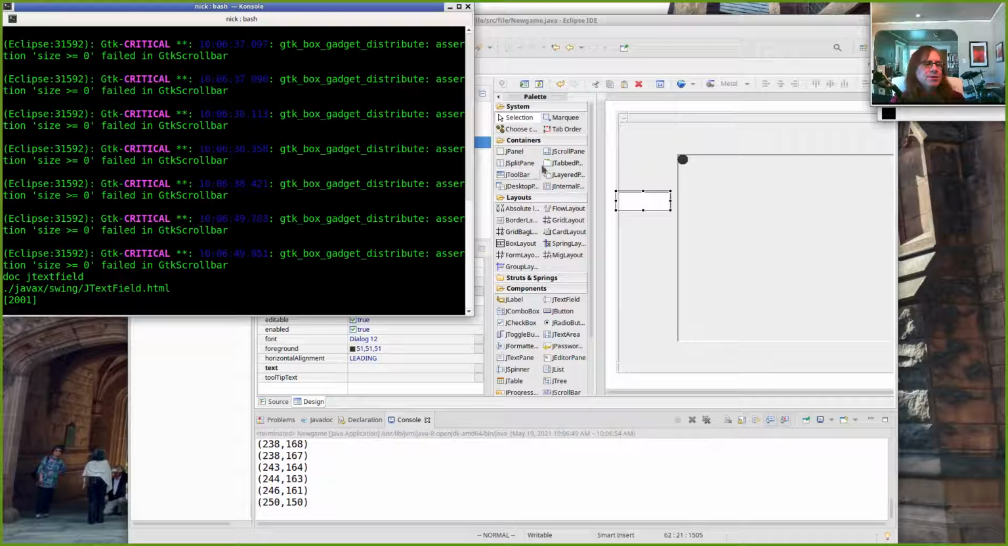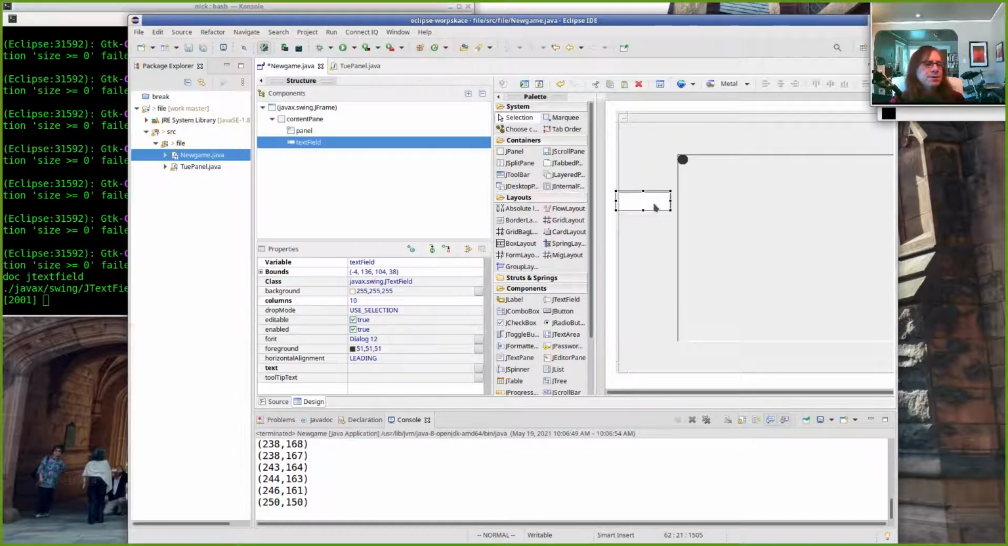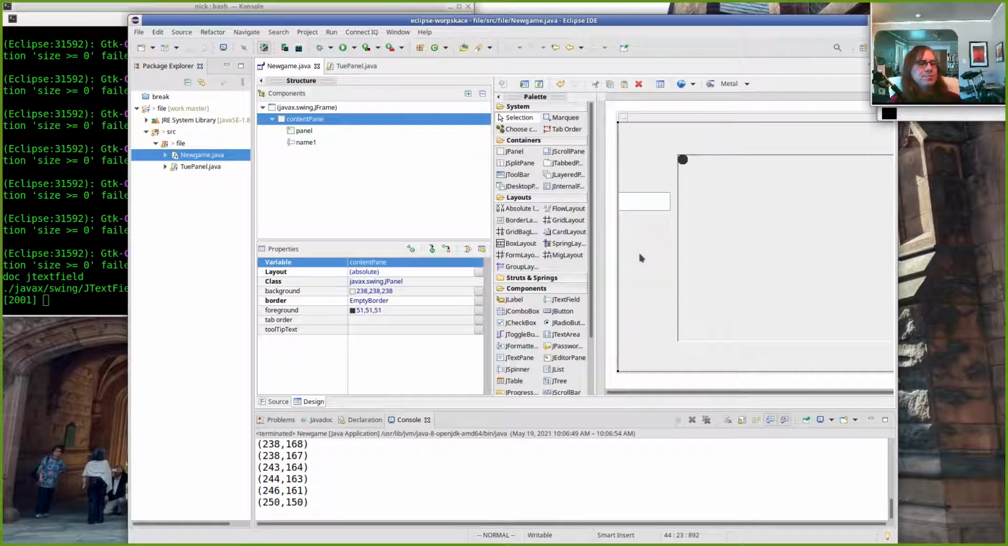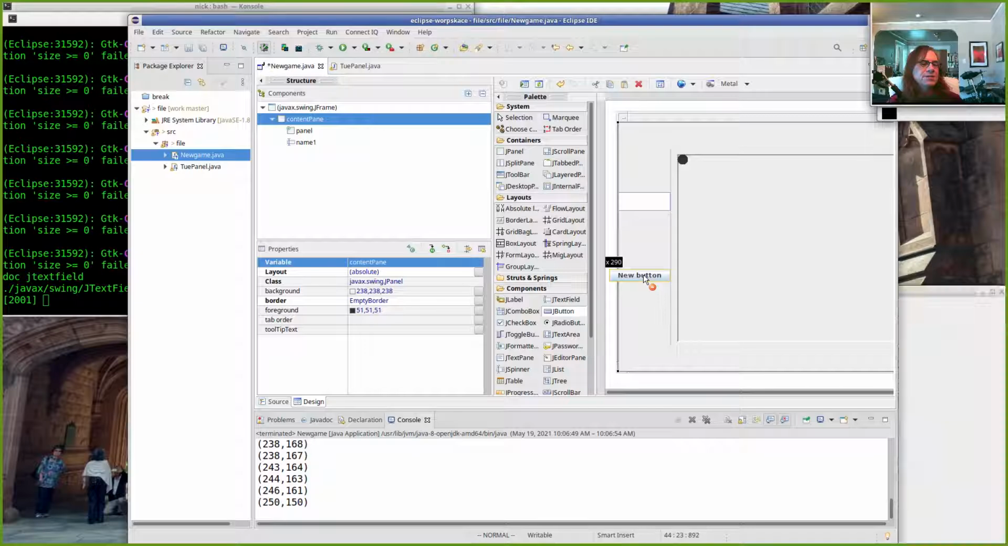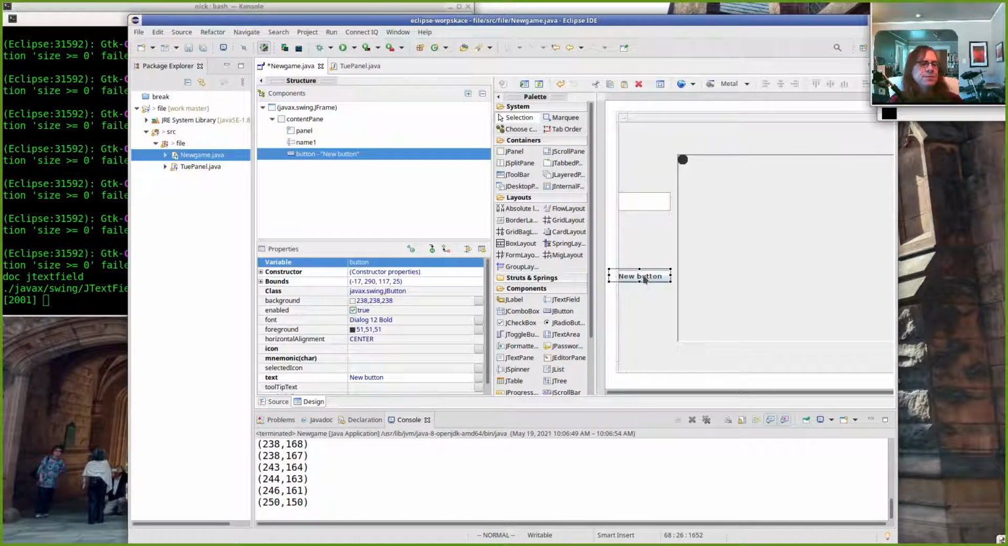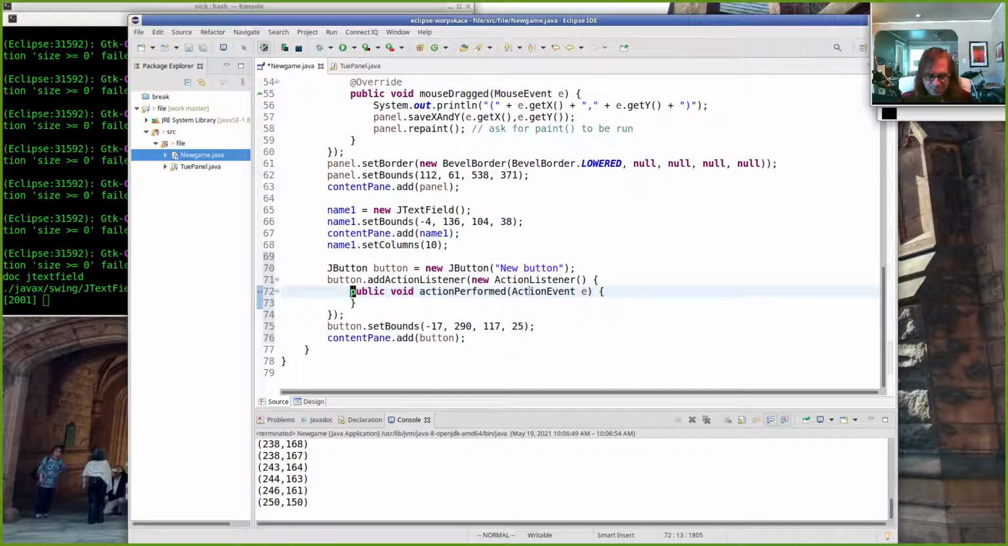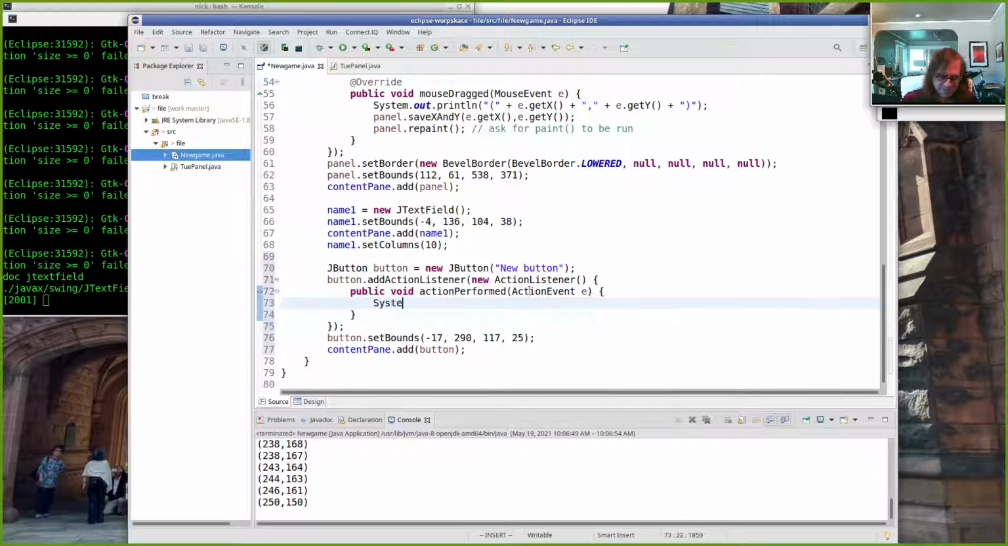So let's put a button in here. Let me name this. Let me just call this name1. So like this is the first player's name, for example. And let's pop a button in here to take an action. And let's write some code around that. So we'll say